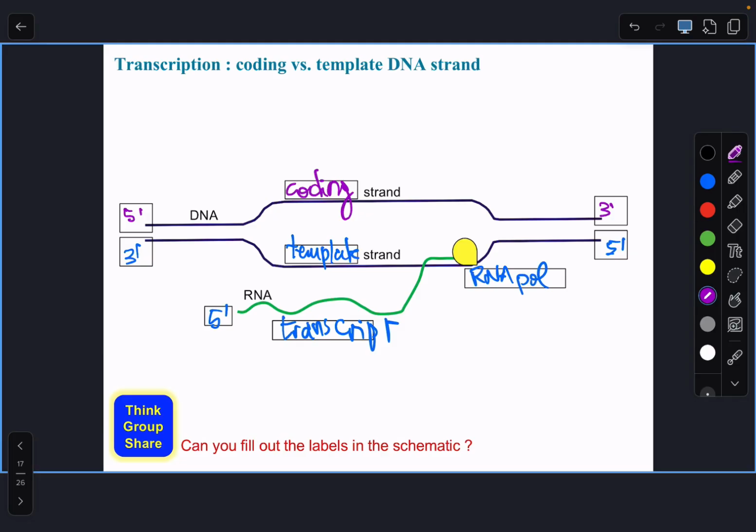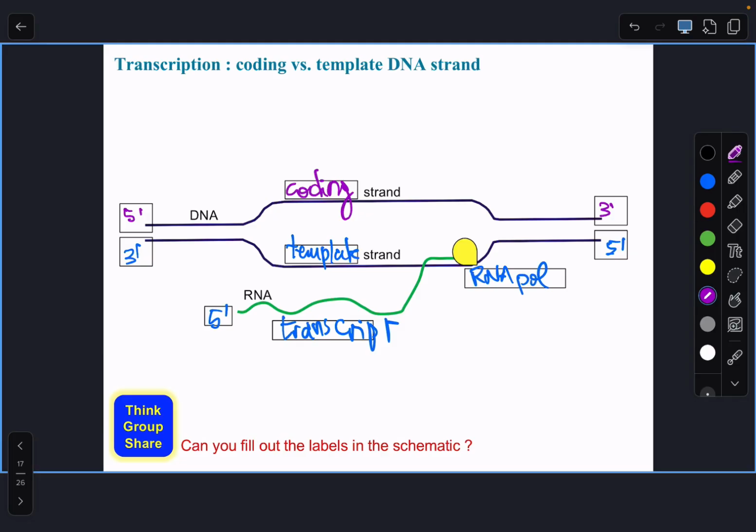I bet that all of you are understanding this. I ask you within a half hour, an hour, and you're confused again. Very normal. So, don't get anxious if you don't remember this by tomorrow. Just keep revisiting this idea, keep practicing. What is the orientation of the template strand, what is the orientation of the coding strand, what is the relationship between the coding strand and the transcript, and so forth.